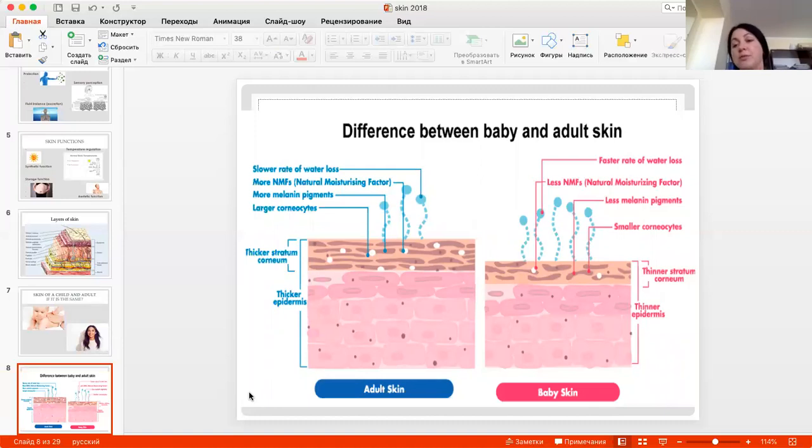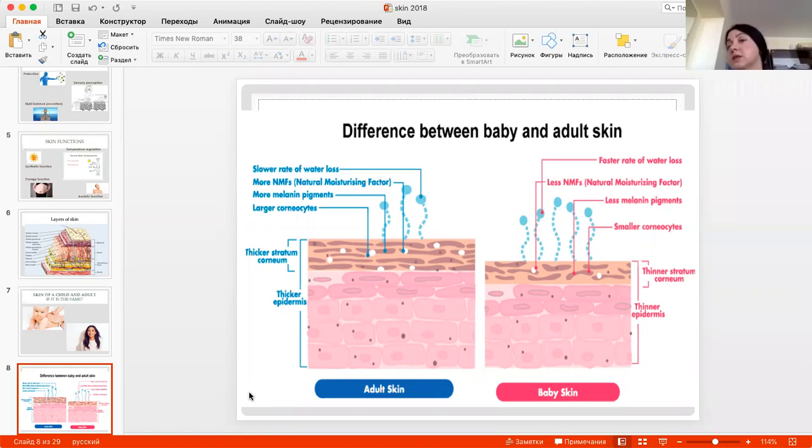For example, epidermis in children is much thinner, but the dermal layer is thicker. Why? Because child organs and systems are developing, growing up. It means that all organs which are growing up, which are developing, which continue the process of maturation, need much more